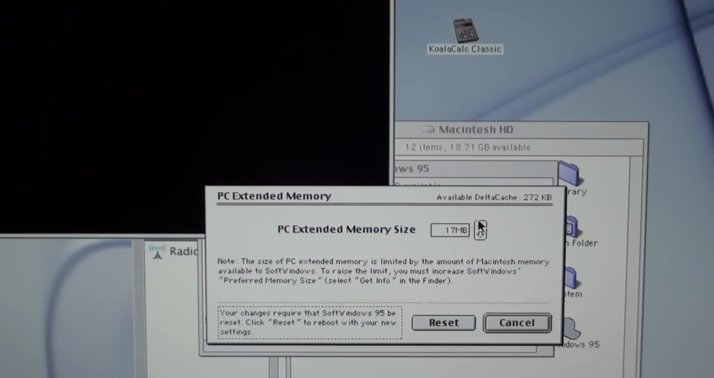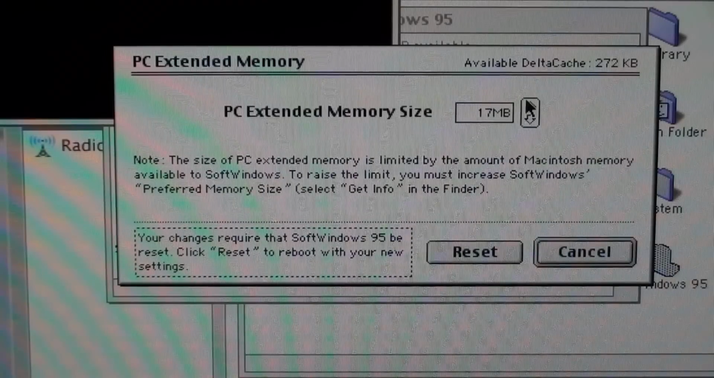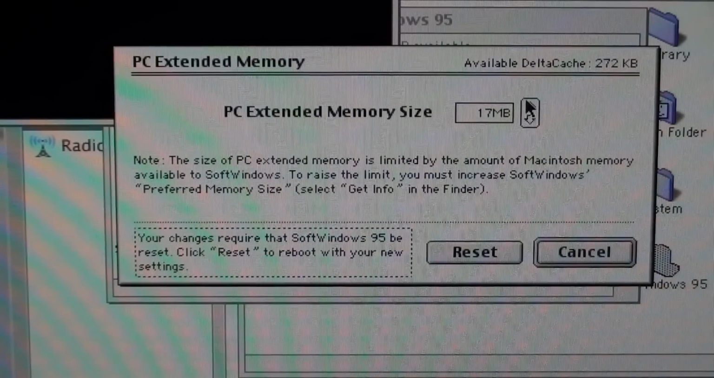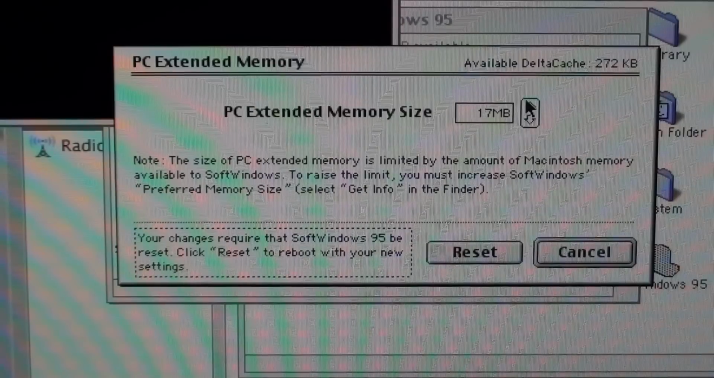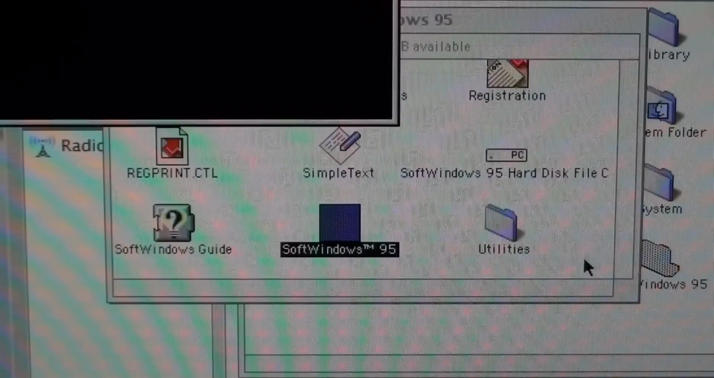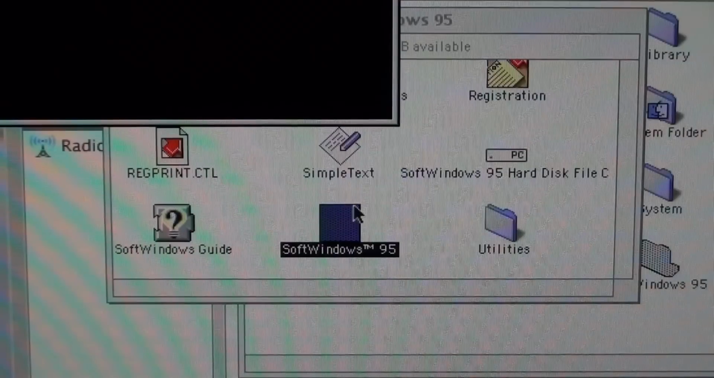That's literally all you can give me. Size of the PC extended memory is limited by the amount of Macintosh memory available to SoftWindows. To raise the limit, you must increase SoftWindows' preferred memory size. Oh, duh. Yeah, some people talked to me about this before, and